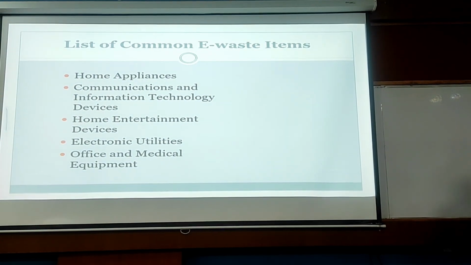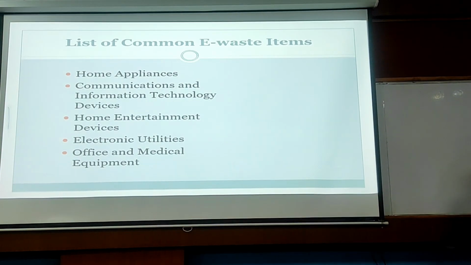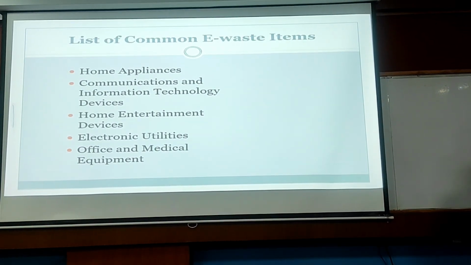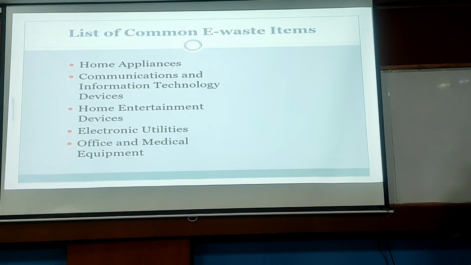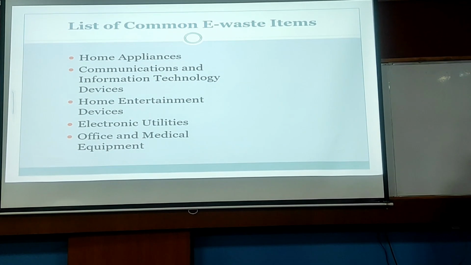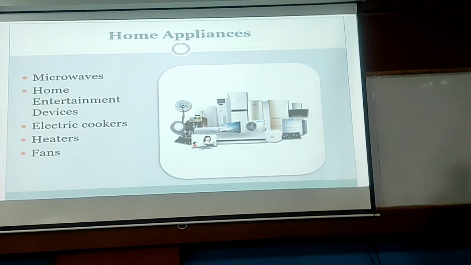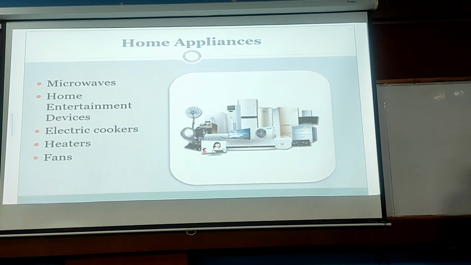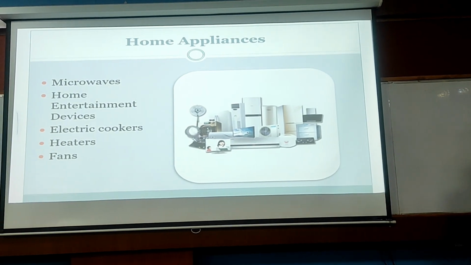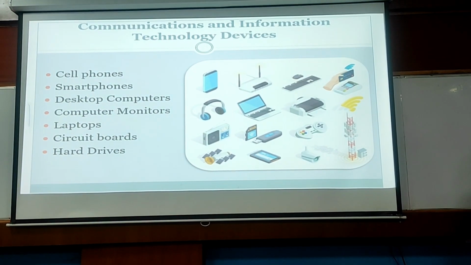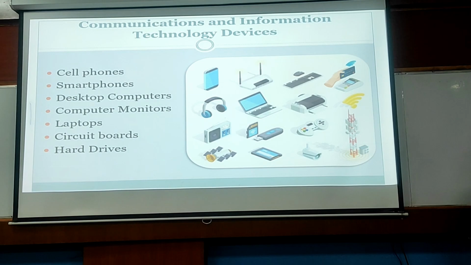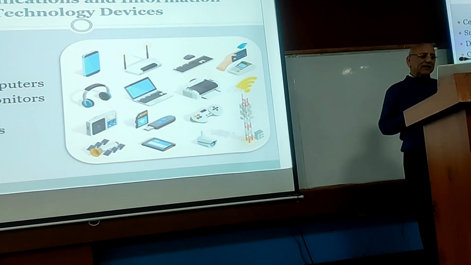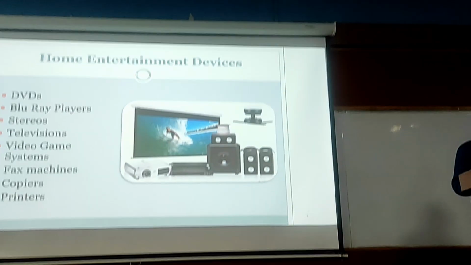We have home appliances, communications and information technology devices, home entertainment devices, electronic utilities, and office and medical equipment. In home appliances we have microwaves, home treatment devices, entertainment devices, electric heaters or cookers, fans. Then in IT devices we have cell phones, smartphones, computers, monitors, laptops, circuit boards and hard boards